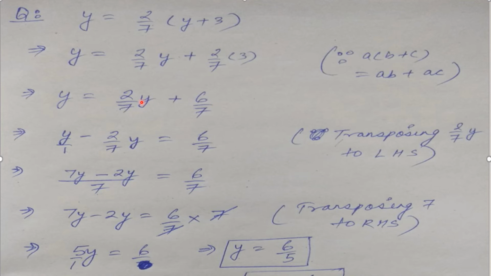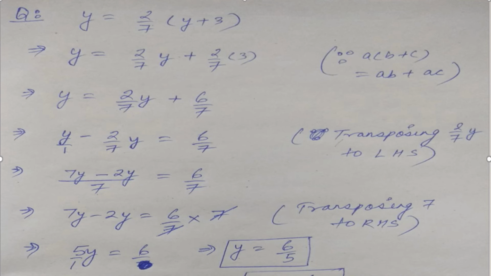Now you have to observe that these two are variables, they should be on the same side. So I will take this variable part to the left side. Here it is in positive sign, on this side it becomes negative. Now this y can be written as y upon 1. We have to take the LCM of 1 and 7 because they are unlike, they can't be added like this. So we first make their denominators the same by taking the LCM. The LCM of 7 and 1 is 7. 1 sevens are 7, 7 y's are 7y, minus 7 ones are 7, 2y ones are 2y.